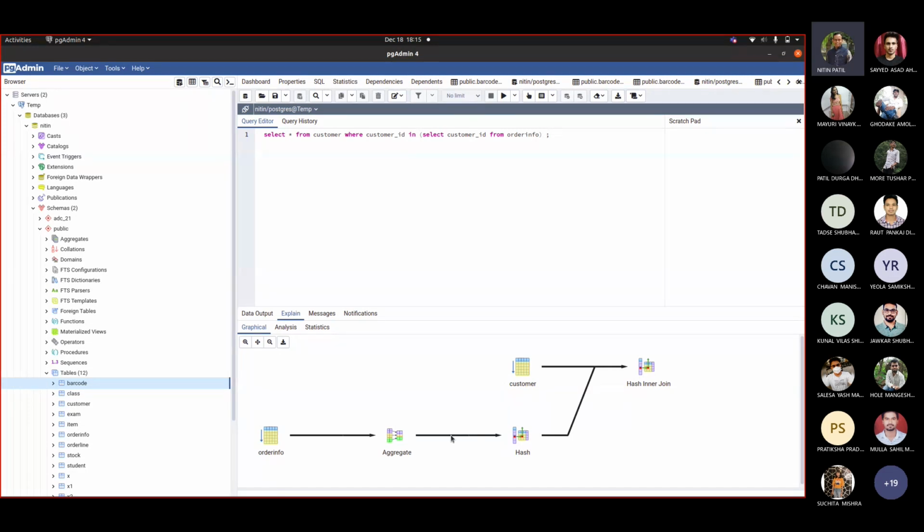The notations were fixed. So you can see there is order_info. This is a sequential scan. If you click on this, it shows you what exactly is there. It says it is a sequential scan. Other parameters are also shown, every parameter that is used there. If I click on aggregate, this is shown. So I can switch it off ultimately to get the data. At each place I would be getting that data, and then data would be retrieved appropriately.